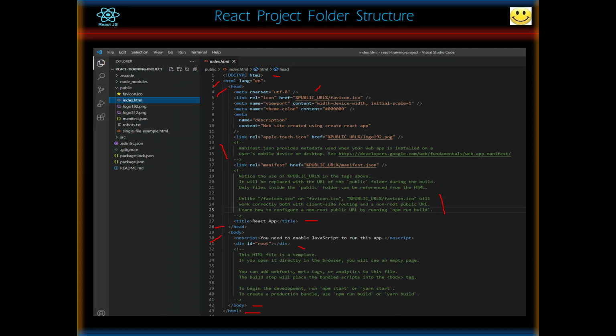If you want to access any files like the PNG file, manifest.json file, or favicon file, here you have to specify %PUBLIC_URL%/ followed by the file which is there in the public folder. And here you are able to see logo192.png file, manifest.json file,